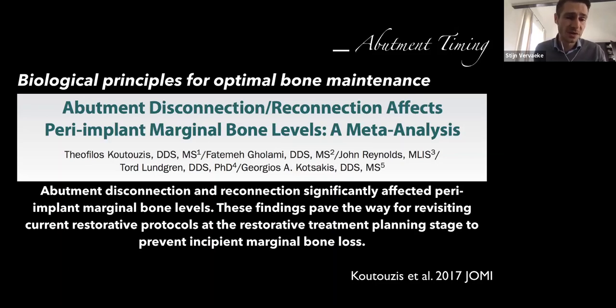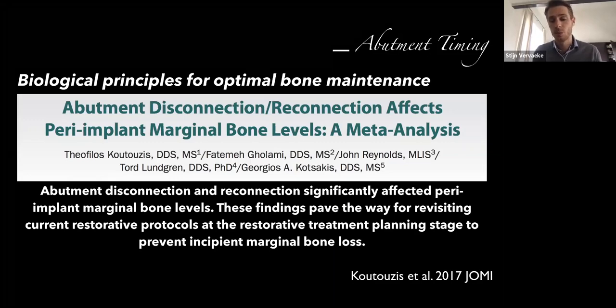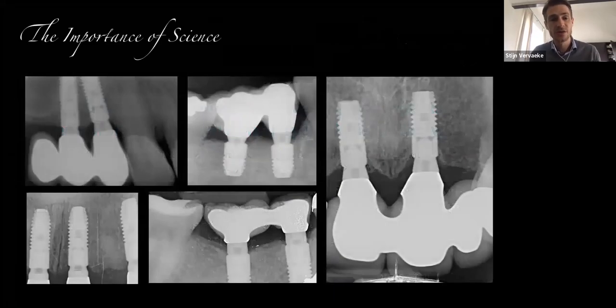already 0.5 millimeter of bone loss during the first year after implant installation is a predictor for future peri-implantitis development. So we have to try to give our patients a very clean start, a perfect start, a start without bone